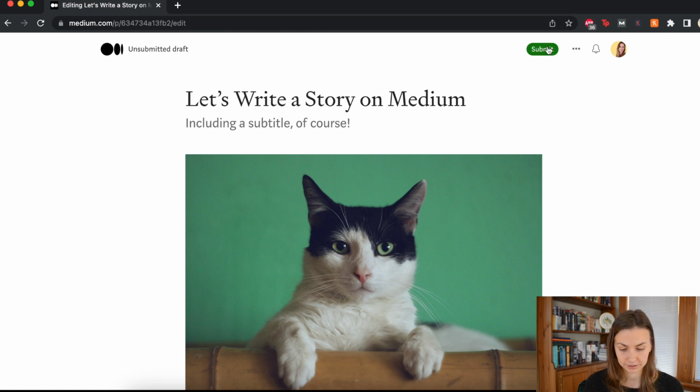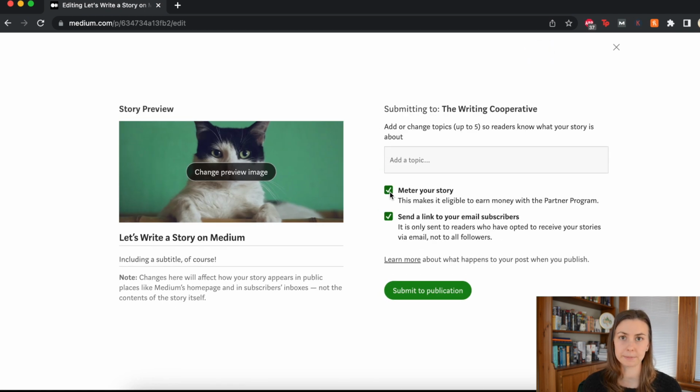The second thing you can do is when you submit or publish it, if you're just publishing it onto your own blog, you'll have the opportunity to add tags. You can add up to 5. Now, tags are another way that Medium shows your story to interested readers. So this story, I might tag it with something like,